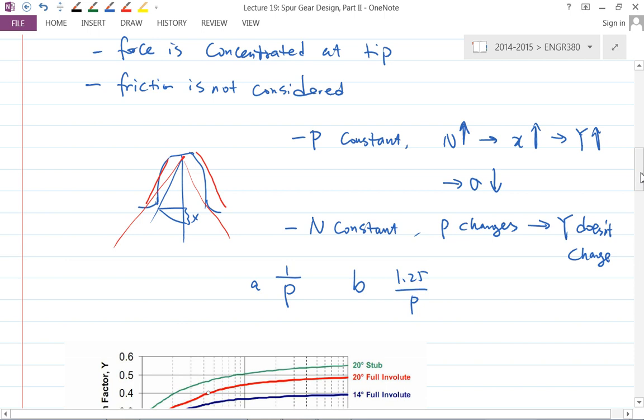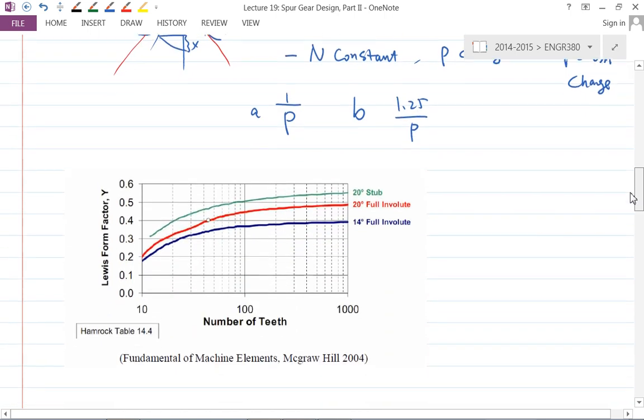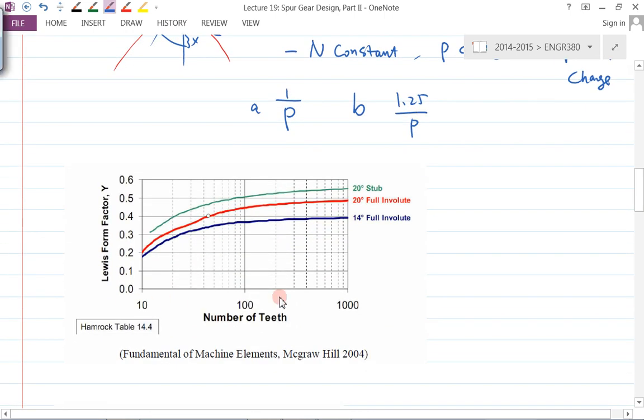Okay, so here's another diagram. It shows you the change in the Lewis form factor in terms of the number of teeth, and also there are different pressure angles. There is the 14-degree pressure angle, the 20-degree pressure angle, and then there are different tooth types. They call it a stub tooth, not a full tooth, right? So as you can clearly see,